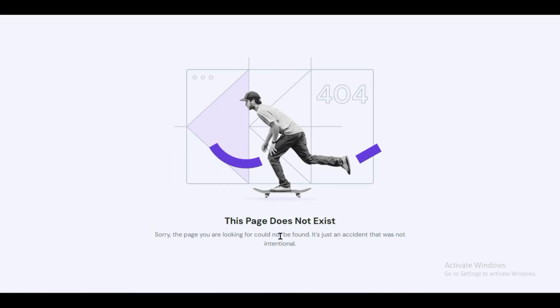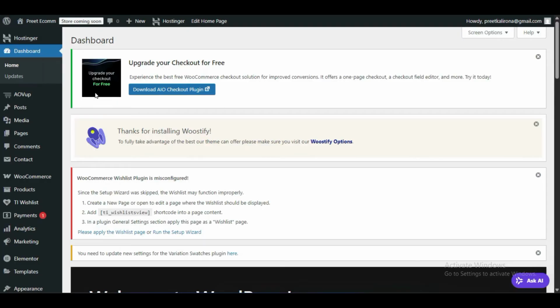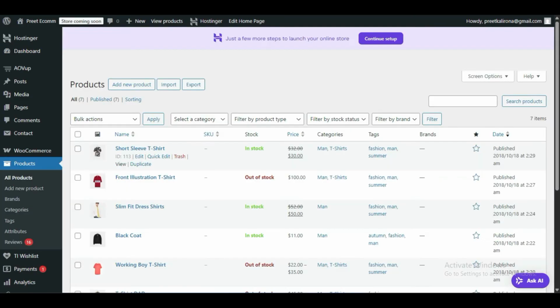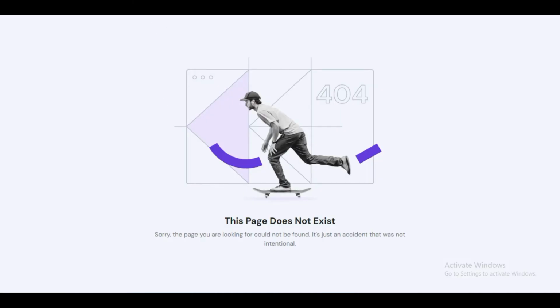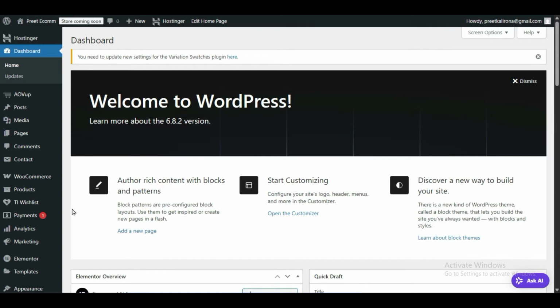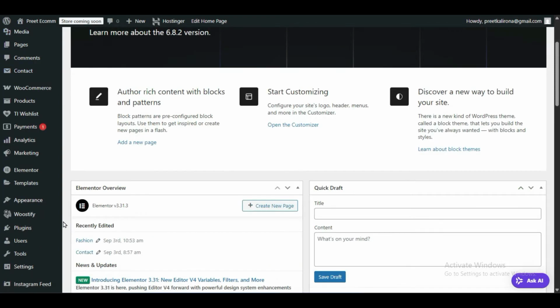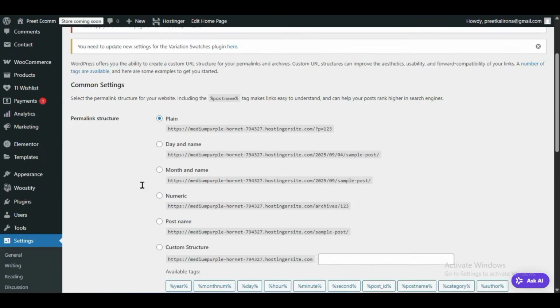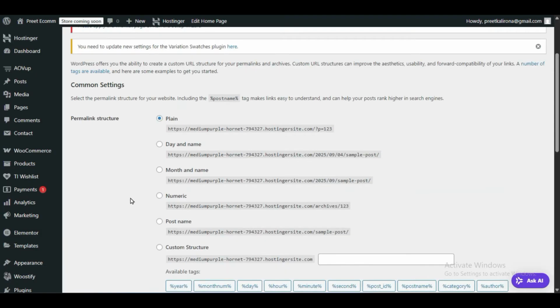So let me bring you to the WordPress website dashboard where I will teach you how you can easily fix this issue. So we will go to our WordPress dashboard. This is my WordPress dashboard. Right now, this particular product is already there, but my website does not find this particular page. So for that we will do some basic settings. We will go to Settings and click on Permalinks, because this issue might be due to